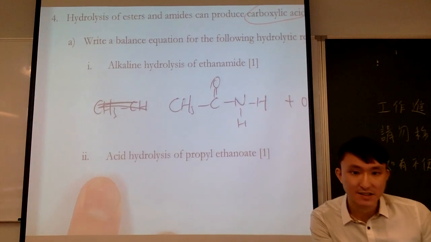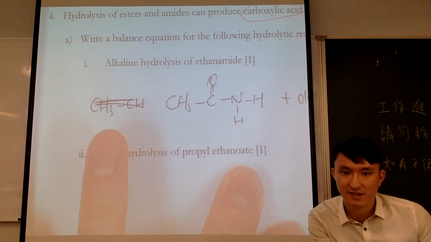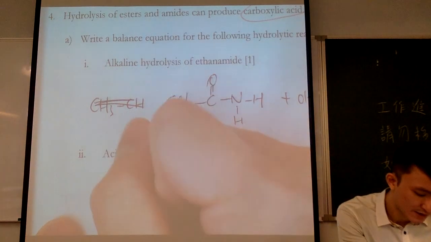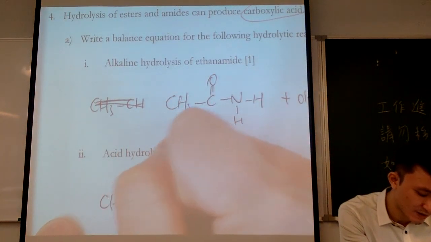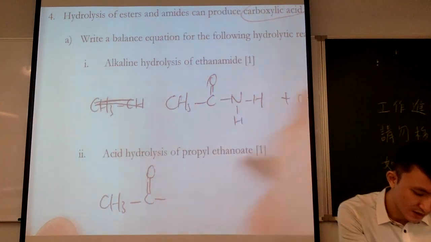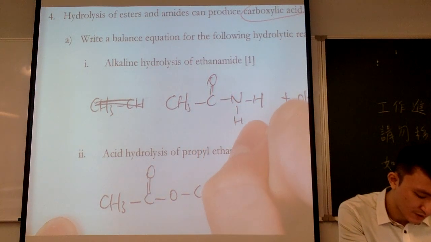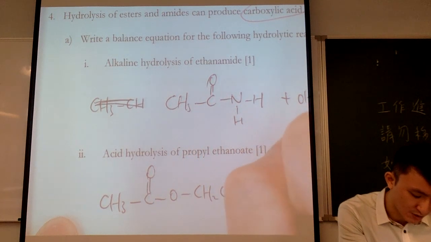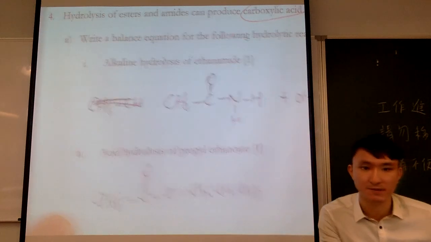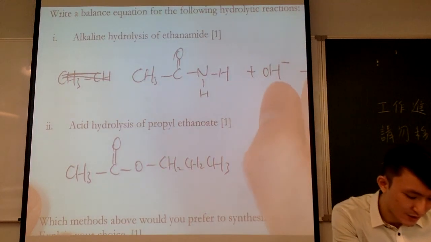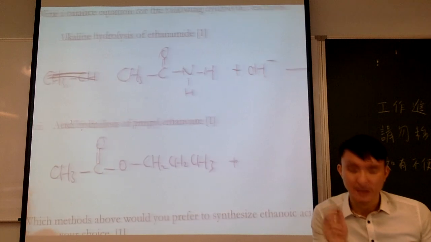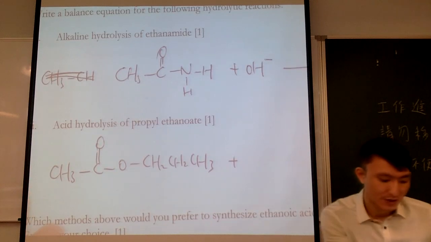And then acid hydrolysis of propyl ethanoate. So the ethanoate is here, C double bond O, and then the propyl group, so CH2, CH2, CH3. So this is the propyl ethanoate. So acid hydrolysis, remember, if this is acid hydrolysis, you actually add,